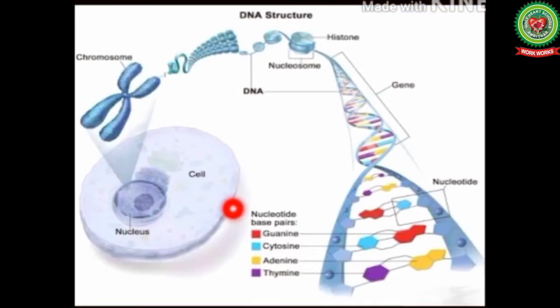Cells are the basic structural and functional unit of life. Cells are the building blocks of an organism. Inside the cell, a number of cell organelles are present, like mitochondria, endoplasmic reticulum, Golgi body, etc. In the center of the cell, a large nucleus is present which contains genetic material which codes to replicate the cell and control all its functions.